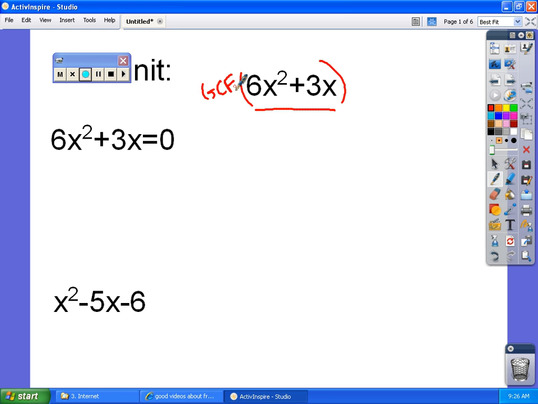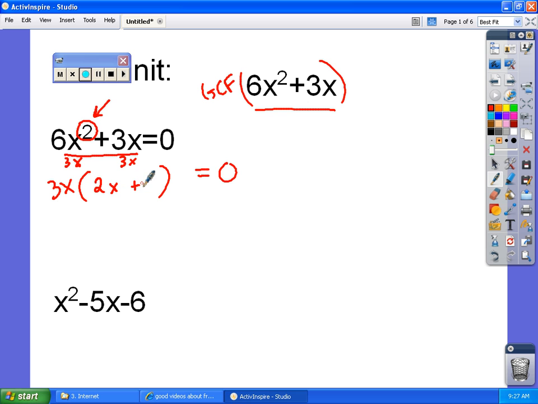And the reason why we did something like that was because if you get a quadratic, and remember a quadratic is an expression that's going to have an x squared term. So if I wanted to solve for x, I can't do what I learned in the first part of algebra because you have a quadratic. So because it equals 0, I'm going to factor this side, and the greatest common factor here would be 3x because they each have a 3x. And then when I divide out 3x, I'm left with